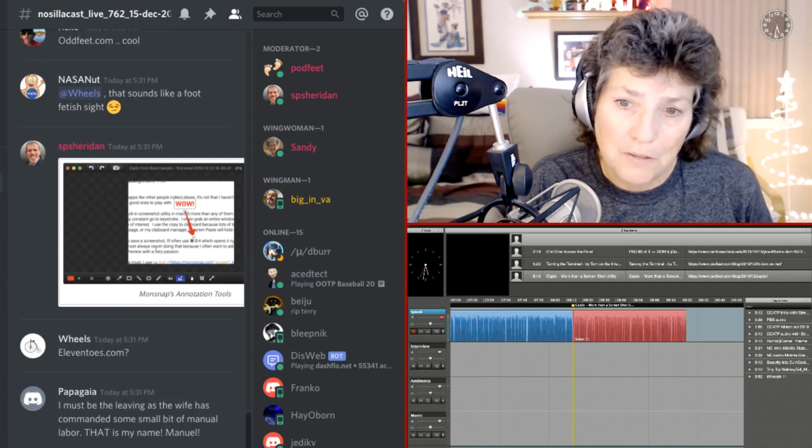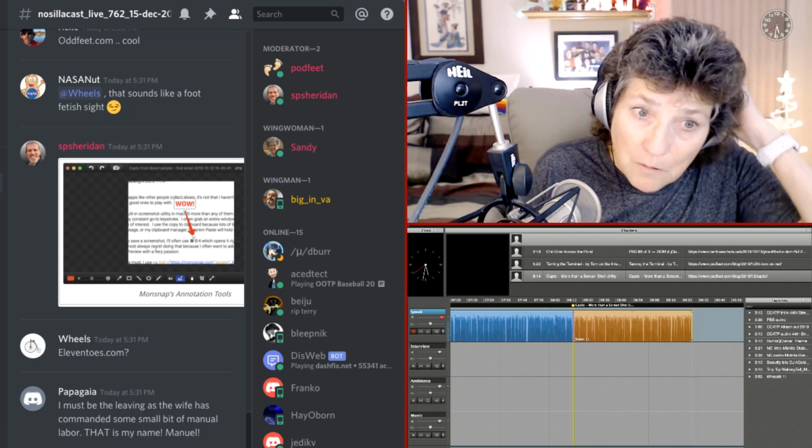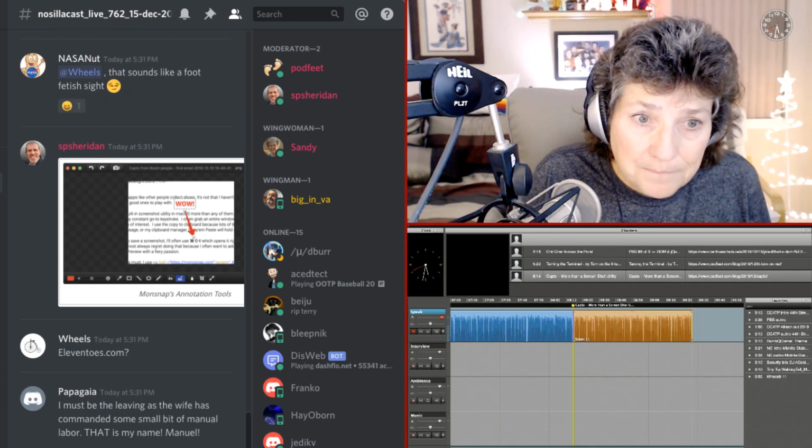Again, I can do a window or drag for an area. When annotating